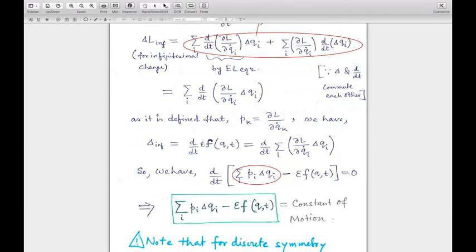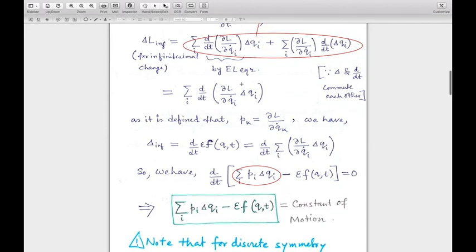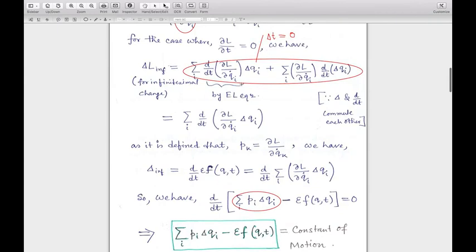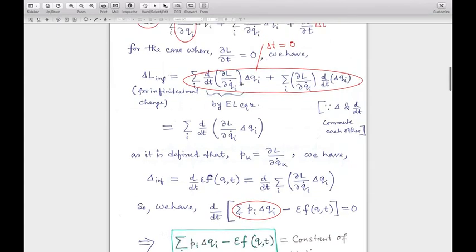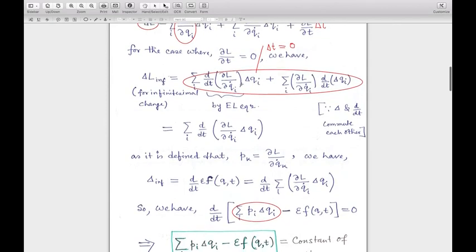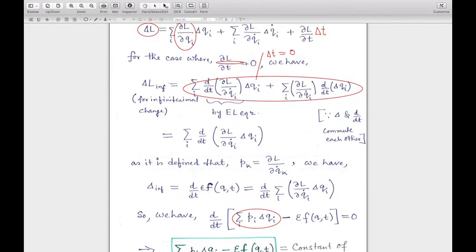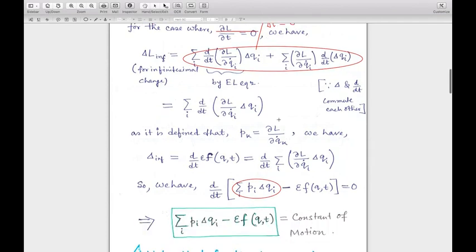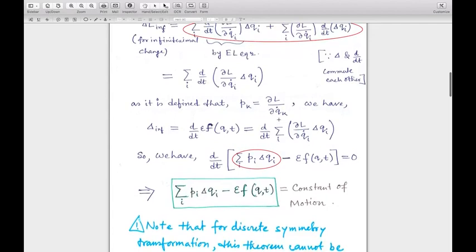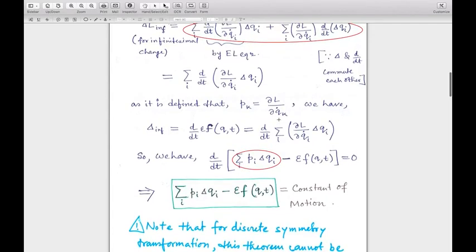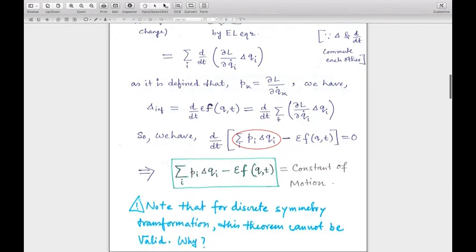And you can understand this was an arbitrary infinitesimal change of the Lagrangian, of course under the restriction that delta t is 0, or delta L by delta t is equal to 0. Actually delta L by delta t equal to 0 can pose a problem, so let us take mostly this case only, that delta t is 0. So we will only be considering such transformations where t is not changing. It is called Noether's theorem of the first type or first kind, the simpler form.